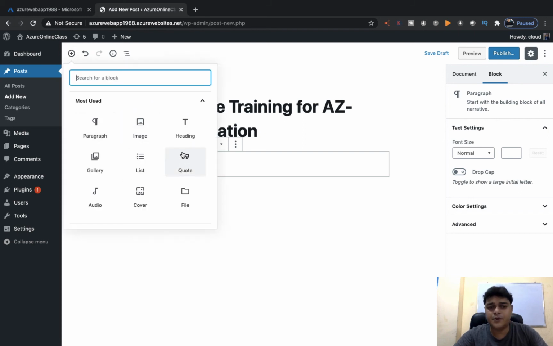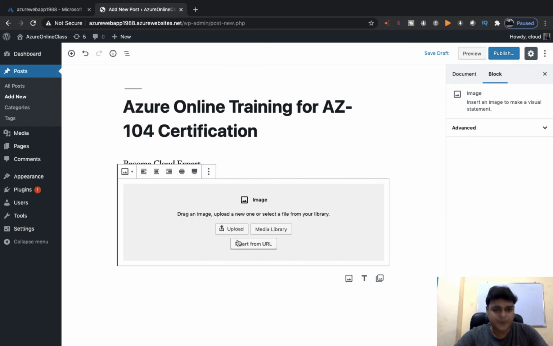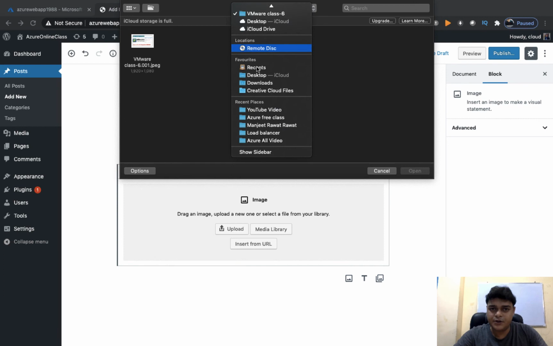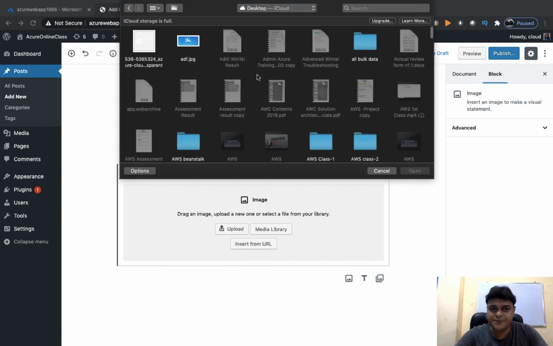And if you want to add some images or video clips, please click on the plus icon. It gives you lots of options, like if you want to change the heading, you want to upload the image. You can also choose the gallery to upload your videos or clips. So I'm just going to upload one image from my on premises. This is the upload option. Click on upload, and it gives you access to your on premises machine.